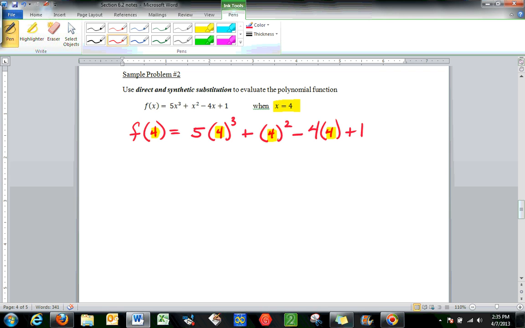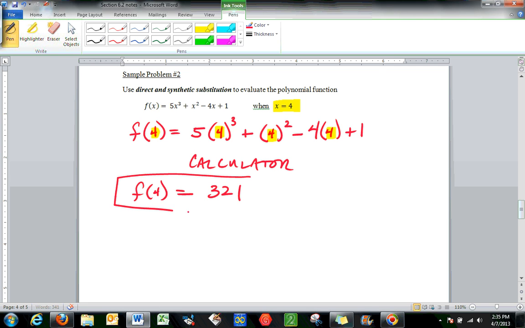Notice that I use parentheses. This is extremely important, if you recall, whenever you use substitution, to use parentheses. So if you're dealing with negative numbers, that you raise it to the power correctly. Now, at this point, we'll just simply use your calculator. And if you use your calculator, you're going to get f of 4 equals